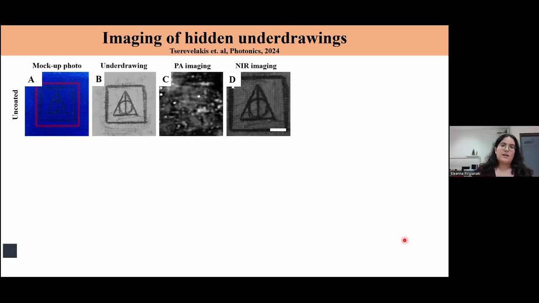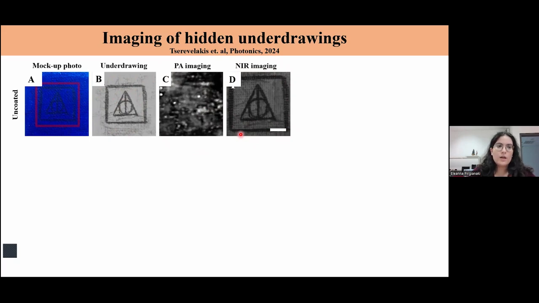And as you can see here, we have one of the challenges of the photoacoustic technique. The photoacoustic system cannot give imaging of the underdrawings, and this happens because the parasitic signals from the surface of the mockup are stronger than the weakened ones from the underdrawing. So they reach the surface of the ultrasound transducer first, and the imaging of the underdrawing is not possible. But this is not the case for the NIR imaging, where, as you can see, we can have a picture